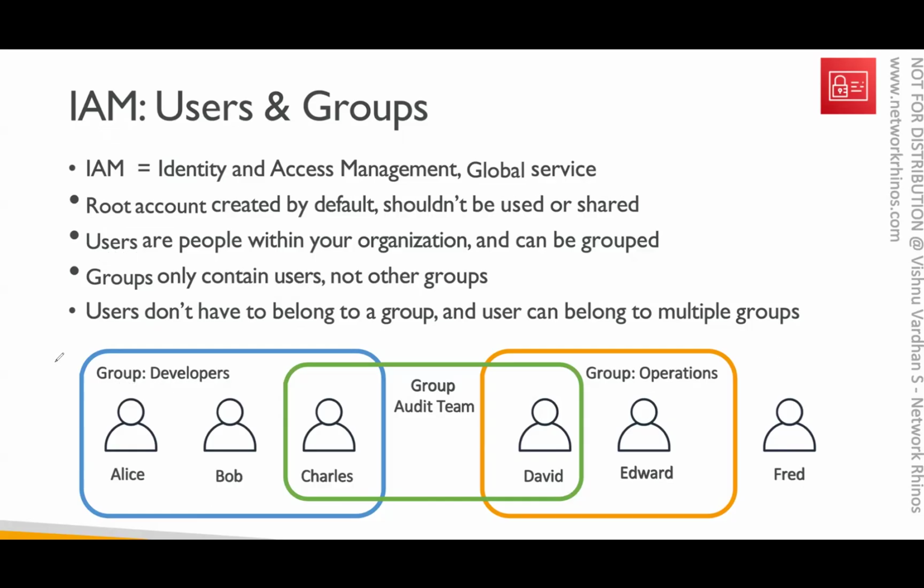Now, why am I forming a group? Imagine Alice joined my company. I have given maybe 50 permissions, what she can do and what she cannot do in the AWS console portal. Think like this: you are joining as a developer in a company, and you might have access to a lot of doors, correct? When Bob joins the same company, instead of the admin team giving door access one by one, I can simply copy whatever Alice has. I will copy the entire access policy and give it to Bob also.